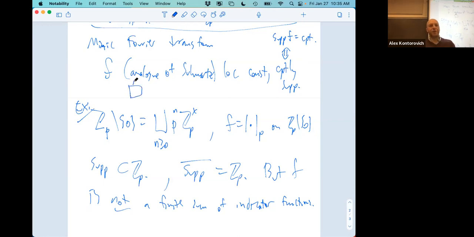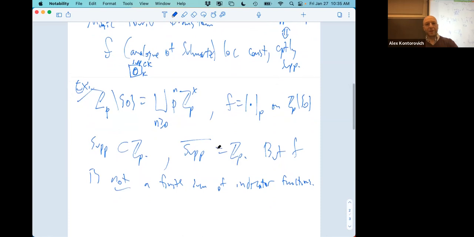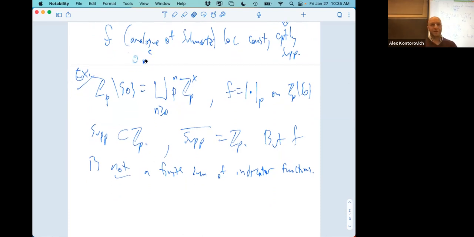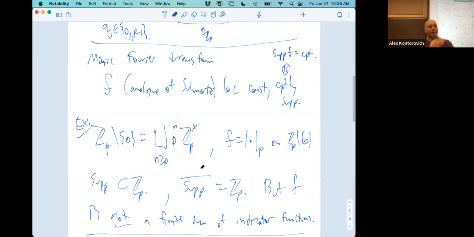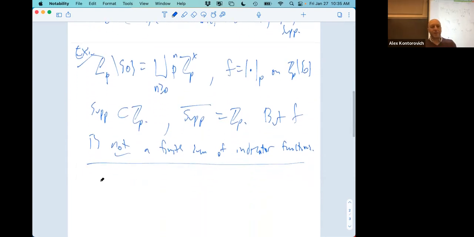Here's the support. Let's say the support is just contained inside some compact set. So this is the support. This is a compact set K. Okay. Around every point of f... No, so something's wrong. Let me make this picture bigger. This picture is too small. And this is compact in the p-adic topology, the topology generated by open sets of the form that we discussed. Okay, so here's the picture I have in mind. Here's a compact set K. Here's the support of f. So f is locally constant around every point. So around every point, I have an open ball.